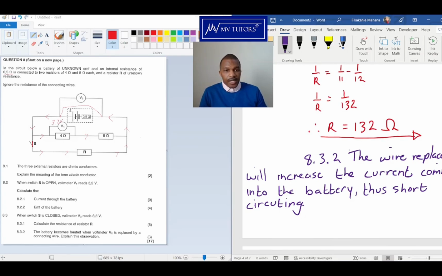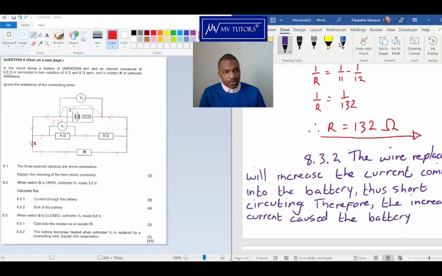The increased current, therefore, the increased current causes the battery to heat up even